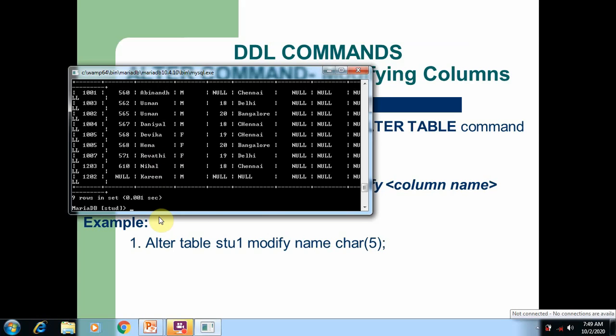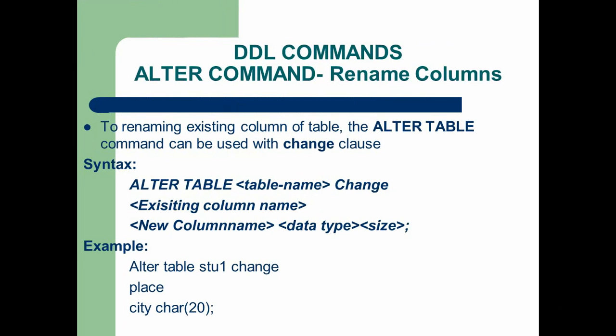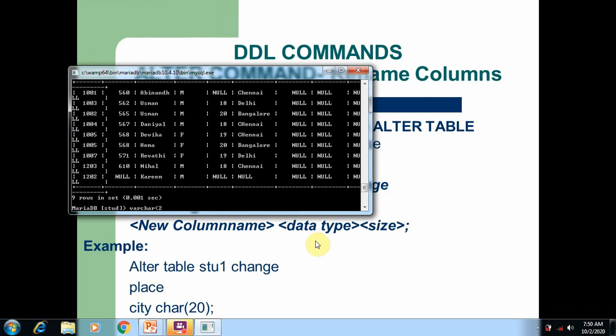So the next command is the DDL command, alter command, renaming column. I tried this many times. It is not working. So I am going to try one more time. So alter student1, simply change, the word change, column name,